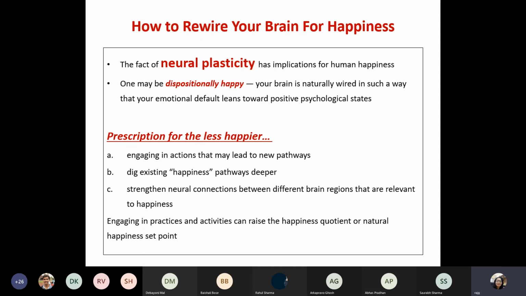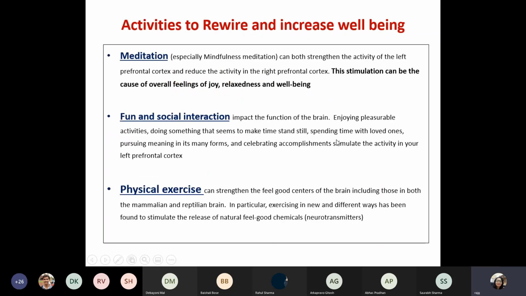And how do you do that? You can engage in practices and activities that can raise the happiness quotient. I was just mentioning in one of the slides before that gratitude and optimism are related to the area in the brain that is related to happiness. So if you practice such acts, it will definitely activate this area. These are some of the activities that you can do to increase your happiness spectrum or happiness set point. So meditation,